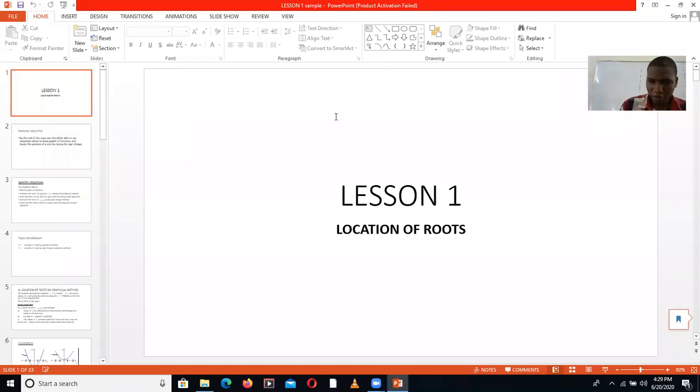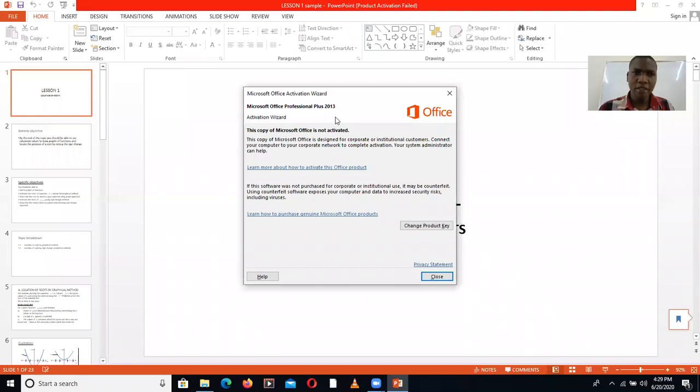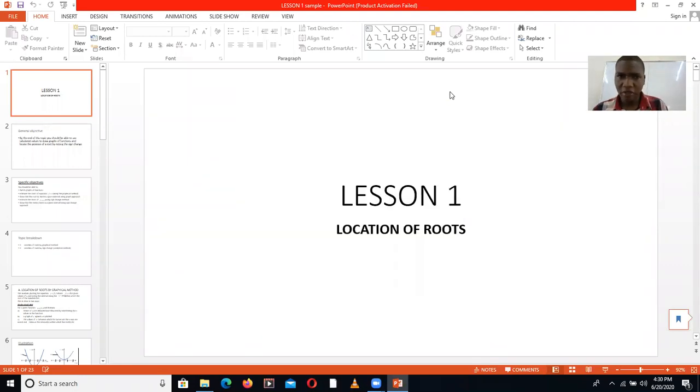Okay, hello everyone. We're going to introduce numerical methods, and in numerical methods, we shall start with the graphical approach of locating the roots of a given equation. So, location of roots is what we're going to look at here. And what are roots? If they ask you what is a root,